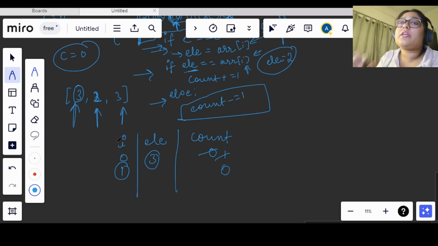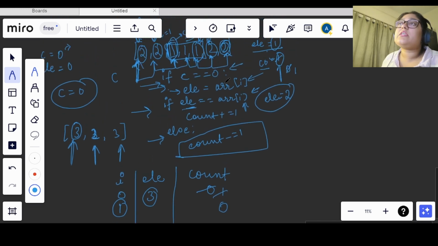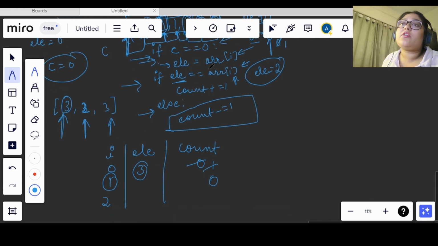Now the index that we are on is the second index, and whenever we have count equal to 0, then we assign a value to element, right? Whatever index we are on, we assign that value to element. So we will assign 3 here again, which is already there, and we will make the count 1, right?